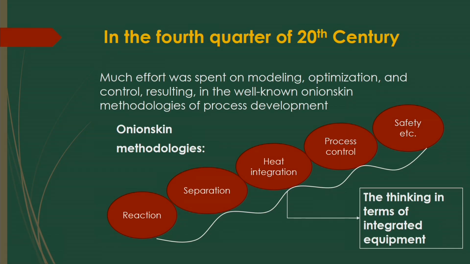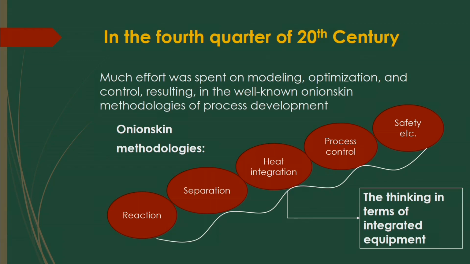Those results in the well-known onion skin technologies of process development: how to improve the reaction, separation process, heat integration, process control, safety, etc. And from then onward, the thinking in terms of integrated equipment is now coming, because if you reduce the number of equipment, then your process may be more sustainable, so that you can use less energy and